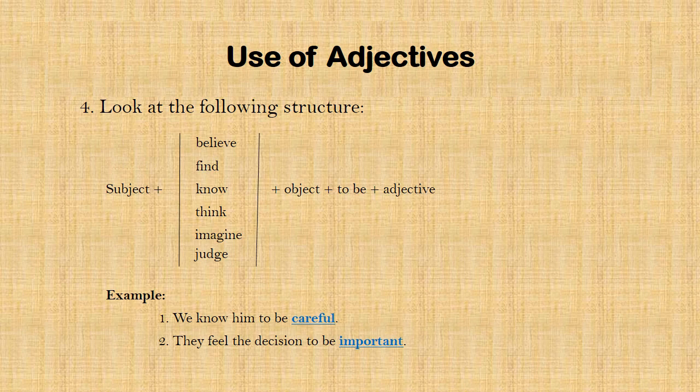The words know and feel are the verbs here. After the verbs know and feel, we find the use of "to be" in the sentences. According to the structure, we will have to use adjectives in the gaps. The words careful and important that you can see in the sentences are adjectives. Keep in mind that after some verbs, "to be" is sometimes used before the complement.